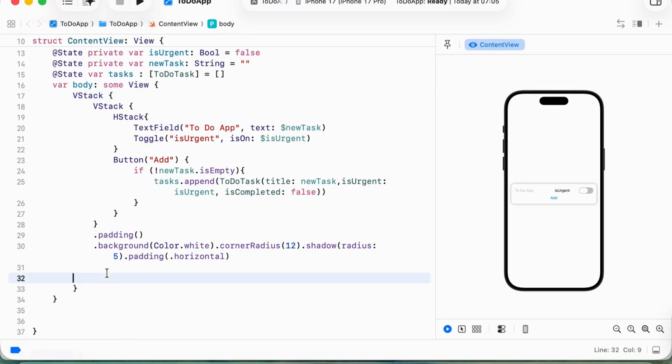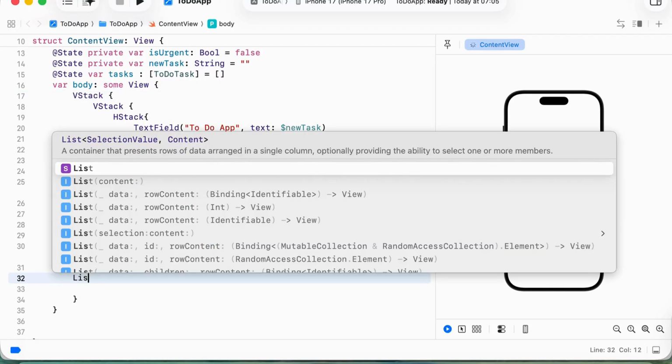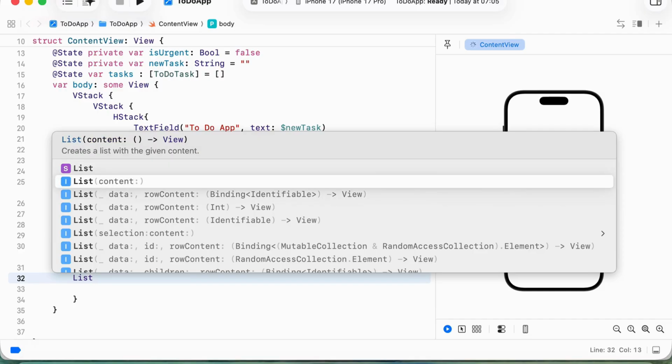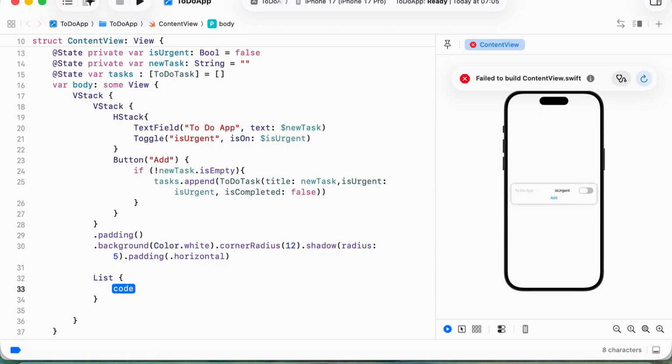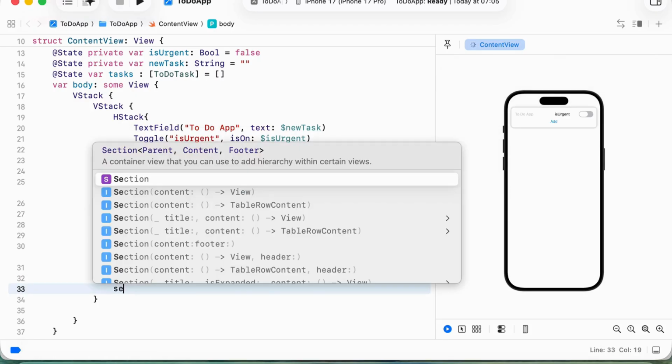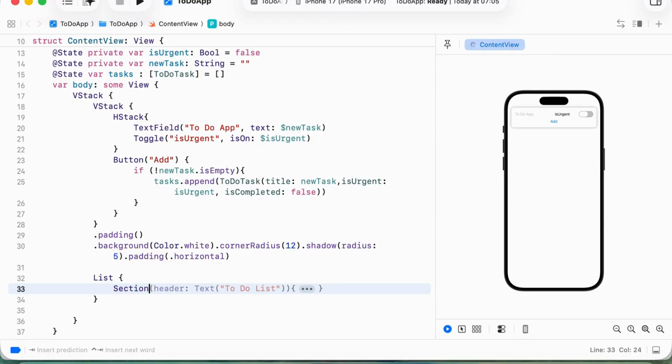So let's add the list within the VStack. It will come below this card. So I will start here with the list, and for this list I will select this content because I need to add a couple of sections within this list. And for these sections, I will start with two sections first of all. The first one will be urgent